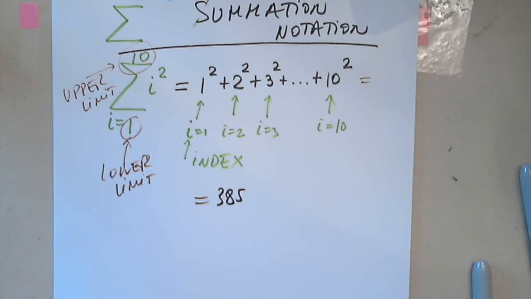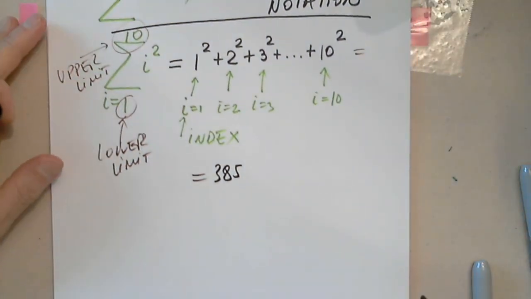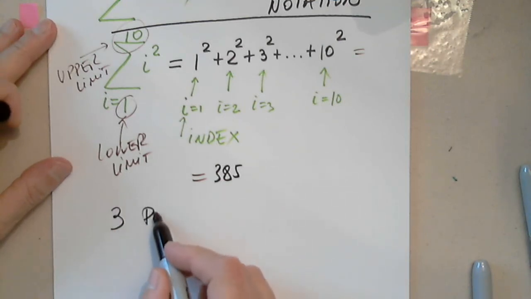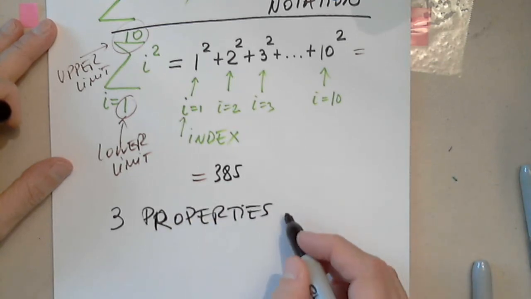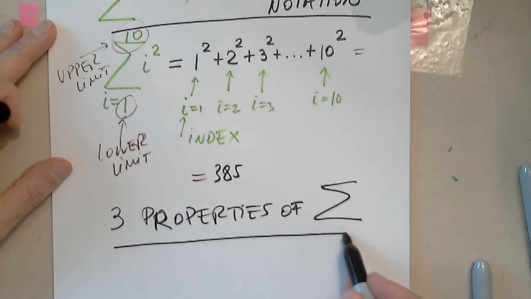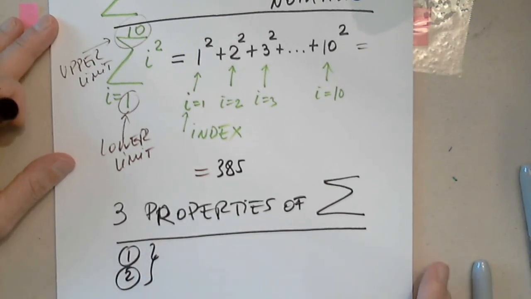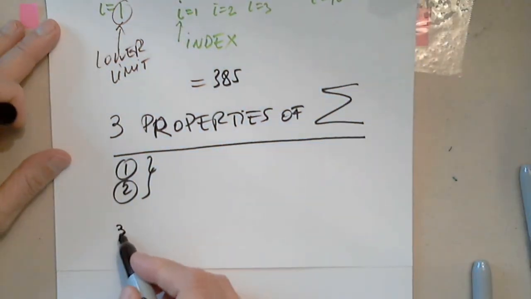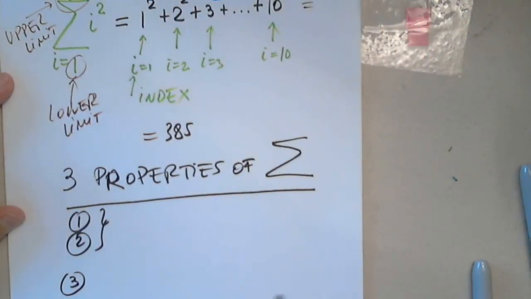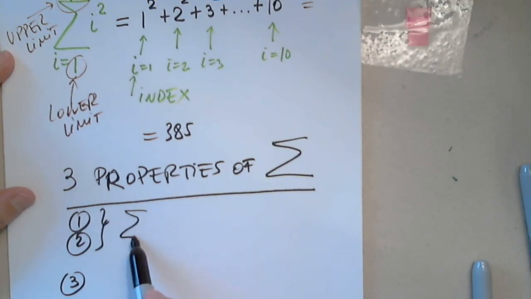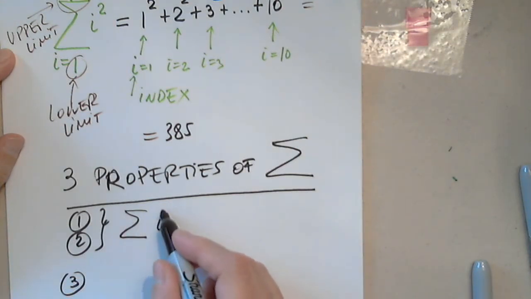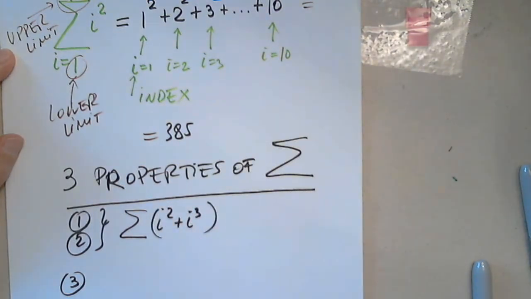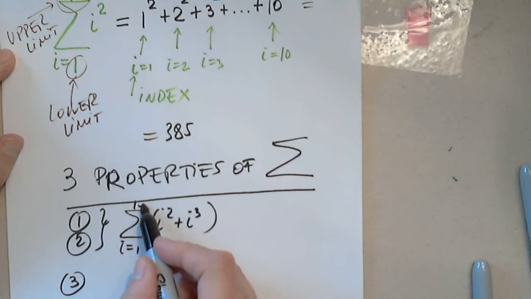Okay. Now, let's look at simpler examples, but there are three properties of sigma. 1 and 2 I will present together, and there is a third one. The first one says that if I have the sum, for example, of I squared plus I cubed from I equals 1 through 10,